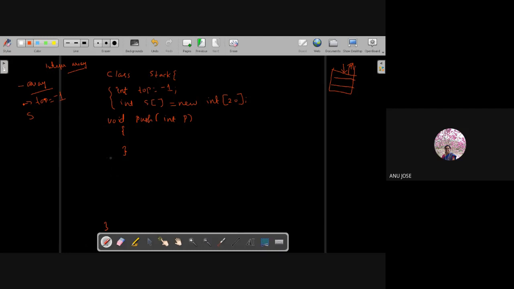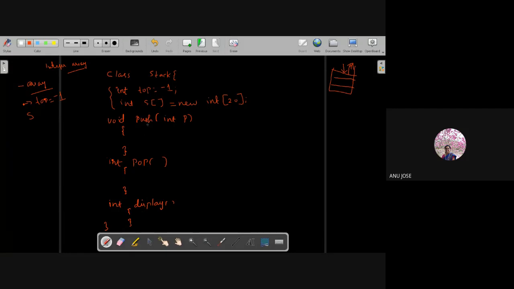So I am writing that an integer value will be returned from the function, so the return type is int pop. This is my second function. And we have one more function, int display. So push, pop and display are the three functions.